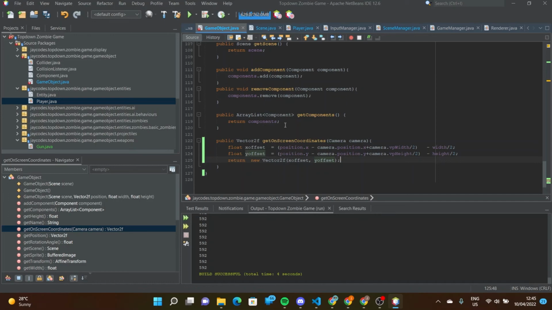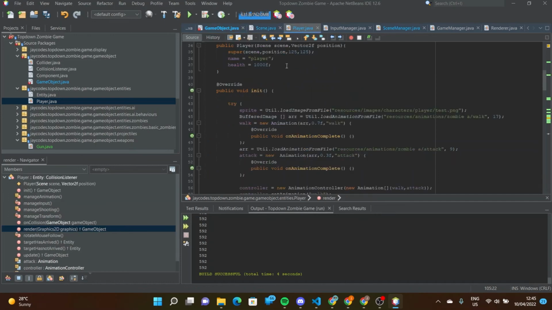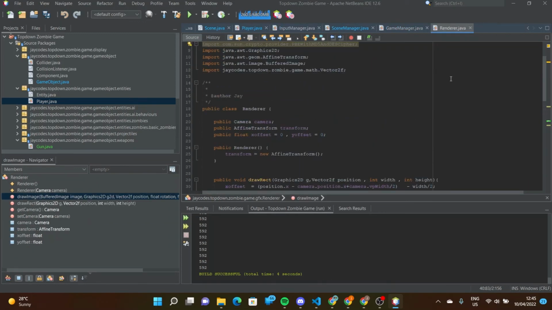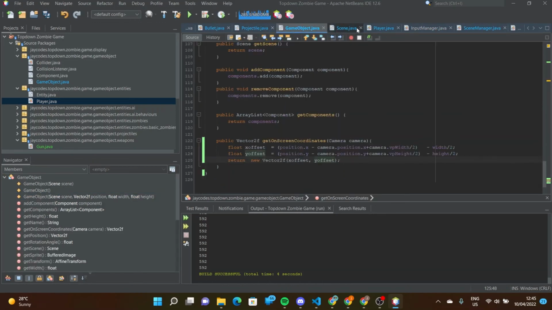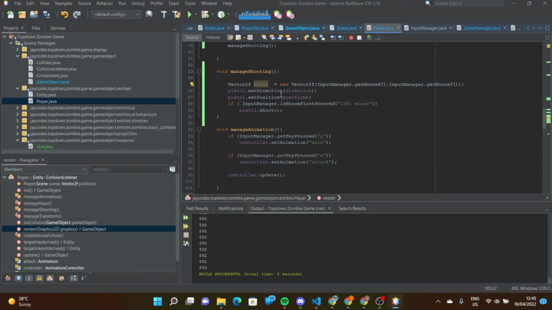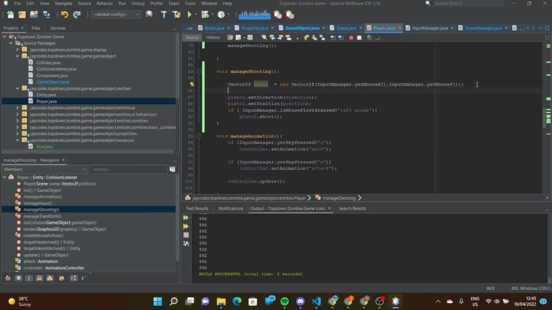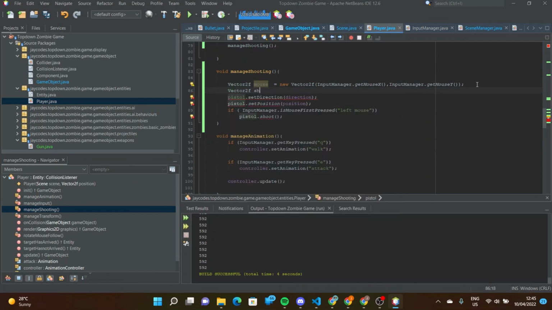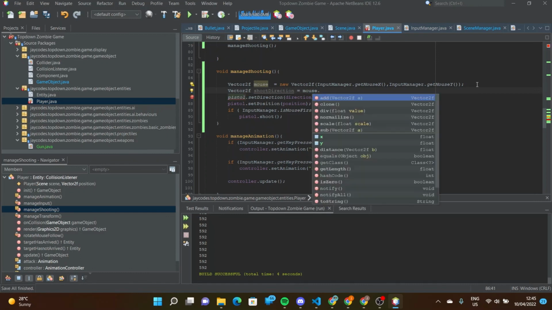So after getting the on-screen coordinates, we can simply go back to the player. And in fact, let me go back to the renderer. I want to make the camera public. Okay, the camera is public. So we go to the player. And yeah, so what we want to do to get the direction is get the mouse minus our position. So shoot direction is going to equal mouse dot subtract, dot sub